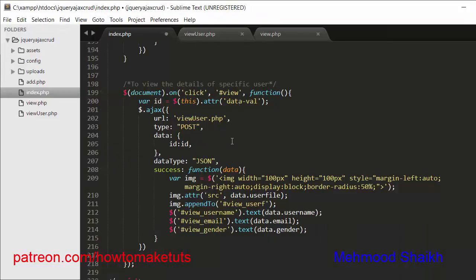That's what I have done here. Next, I have used an onclick event and I have passed an ID view.